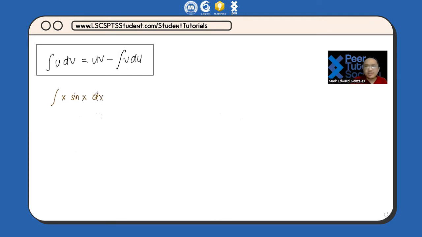Which one is u? Which one is v? Again, we can obtain the correct values through trial and error. So let's not be afraid to do a little bit of guess and check. After all, it's part of life. So in this case,